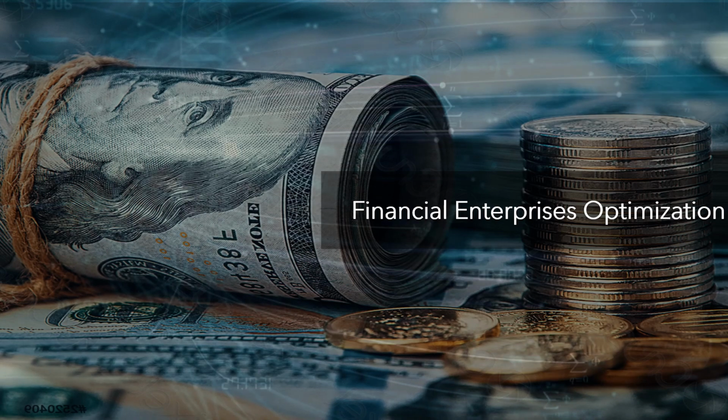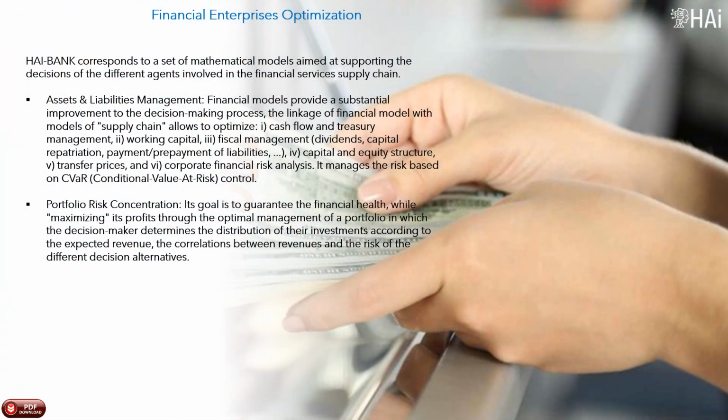Financial enterprises optimization. HiBank corresponds to a set of mathematical models aimed at supporting the decisions of the different agents involved in the financial services supply chain. Assets and liabilities management. Financial models provide a substantial improvement to the decision-making process. The linkage of financial models with models of supply chain allows to optimize: